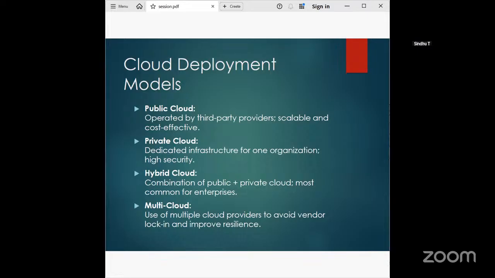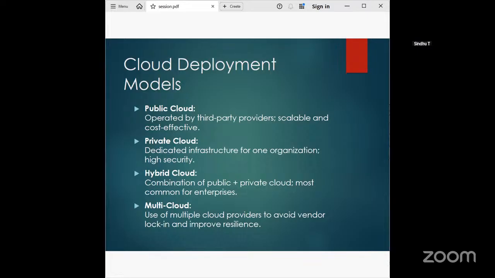First, we'll see the public cloud. It is managed by third parties, which provide the cloud services over the internet to the public. These services are available with a pay-as-you-go billing method. A fundamental characteristic of a public cloud is multi-tenancy. So multiple users can use the public cloud at the same time. It is meant to serve multiple users, not a single customer. It is open to all customers.